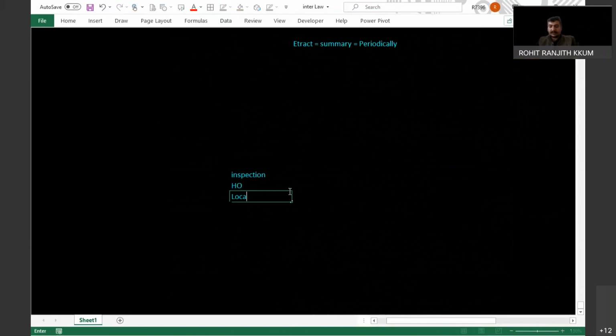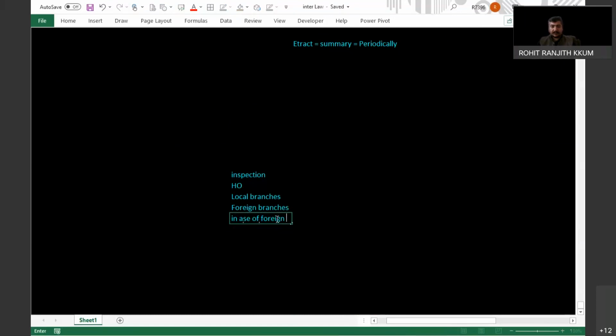Local branches, in the sense of Indian branches, obviously it is allowed. But as far as the foreign branches are concerned, all the directors are not allowed to do that. So guys, in case of the foreign branch,